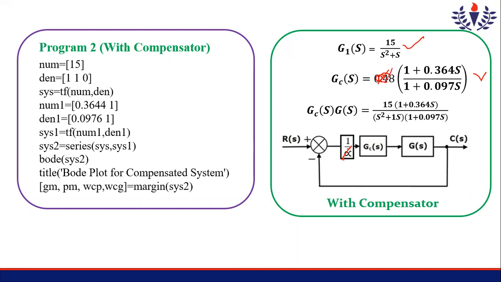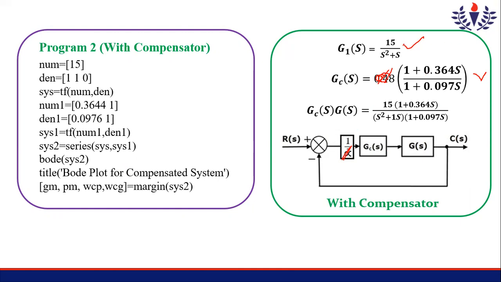This alpha and here alpha will get cancelled, and for the remaining terms, we need to write the coding part. First, we will represent the open loop system and then the compensator, and then we will apply the Bode plot for the system and we will see.